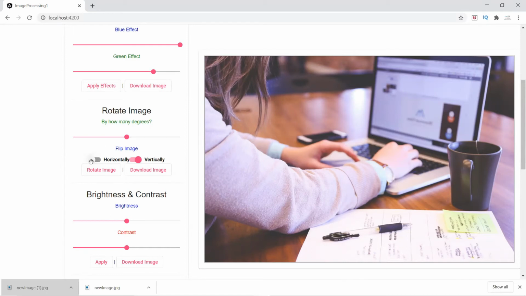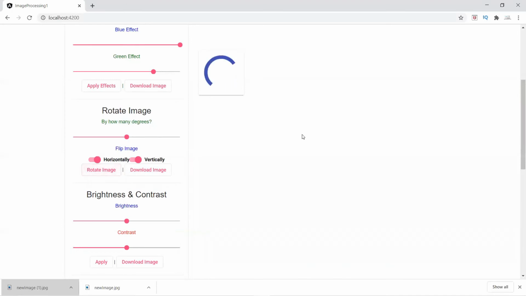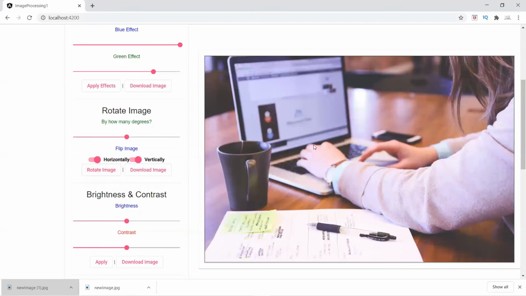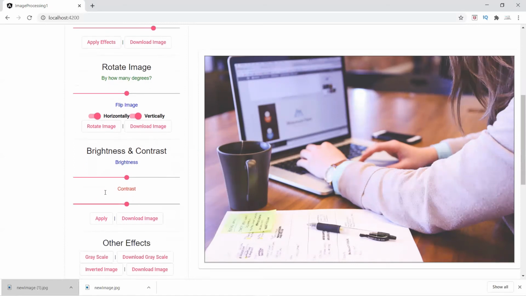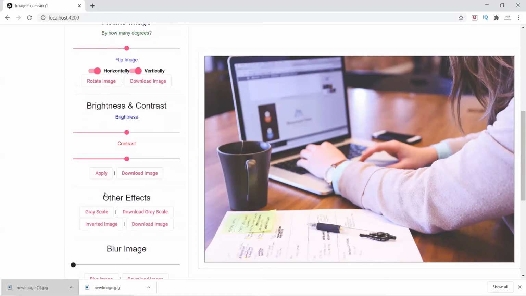So let's also apply horizontal flipping effect, and let's rotate the image again. So after applying all this, we can see that image has been restored to its original position, because we have rotated the image 180 degrees, and we have flipped the image vertically, we have flipped the image horizontally. Now let's move on to the next effect, and let's see how we can apply brightness and